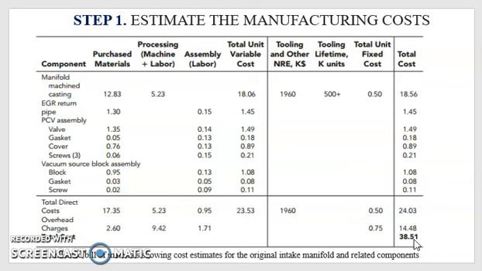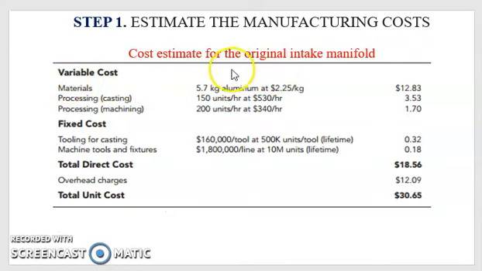Now the design team have to redesign this existing intake manifold so that the assembly will be produced at a lower cost and simultaneously provide a better performance. This table depicts the total cost associated with only original intake manifold. Cost of EGR, exhaust gas recirculation, and PCV, positive crank ventilation systems have been excluded here. It can be seen here that this cost is dominated by the aluminum material.